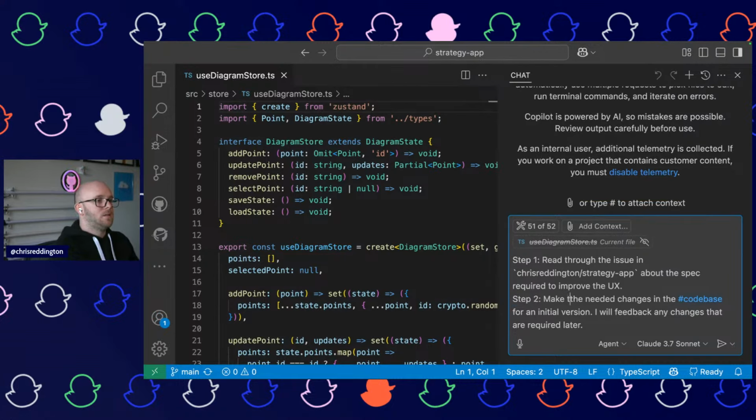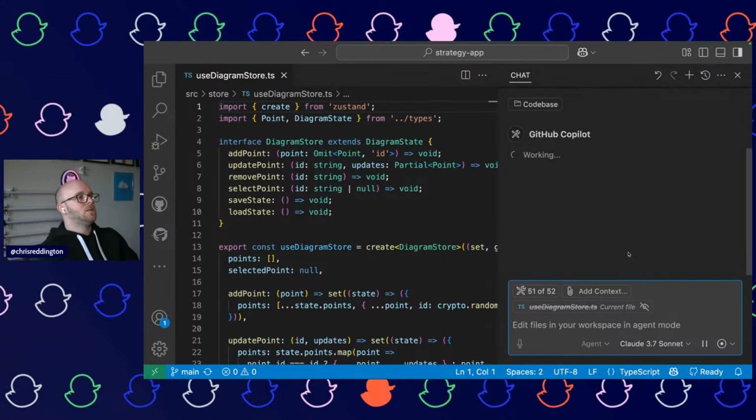Make the needed changes. Let's try that. That should hopefully be a bit clearer. Okay. Let's jump back to 3.5.